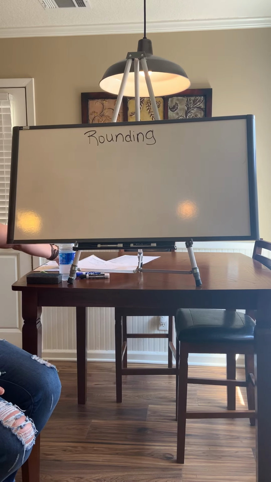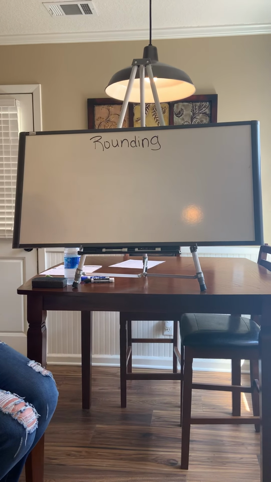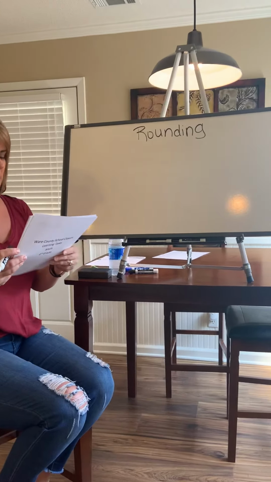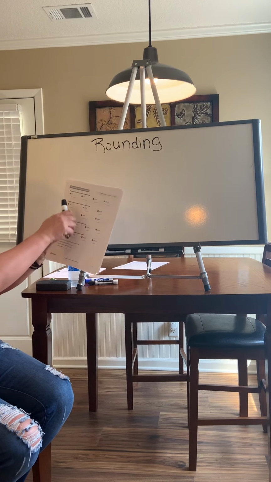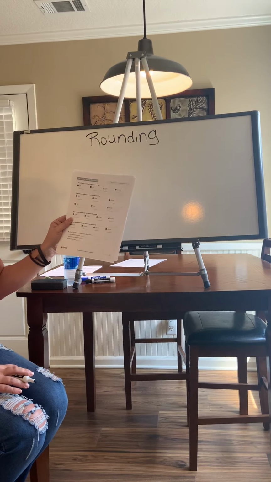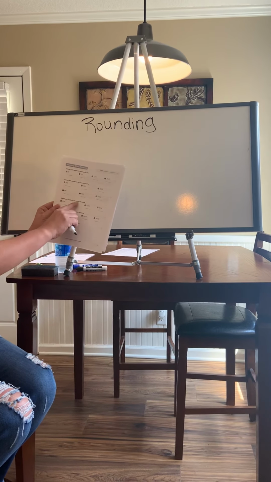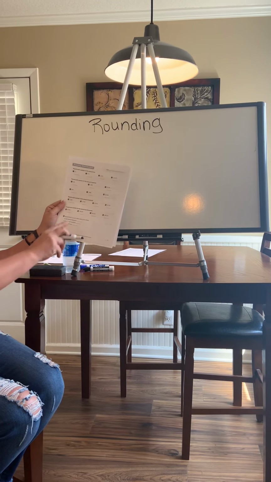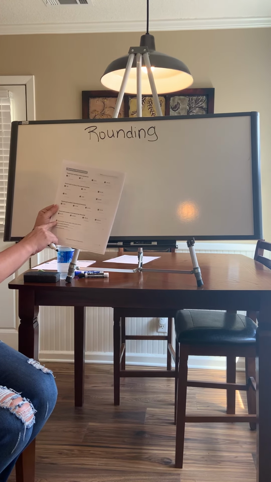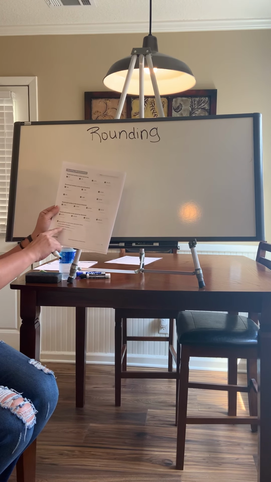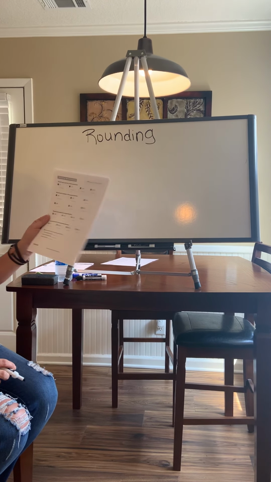In your math pack that you received, on page 6, you are rounding whole numbers. The first 4 ask you to round to the nearest 10, then the next 6 ask for the nearest 100, then the next 4 ask you to round to the nearest 1,000, the next 4 ask you to round to the nearest 10,000, and then the last one, number 19, asks you to round this specific number to the nearest 1,000, 100, and 10. Okay? So we're just going to play around with some numbers and